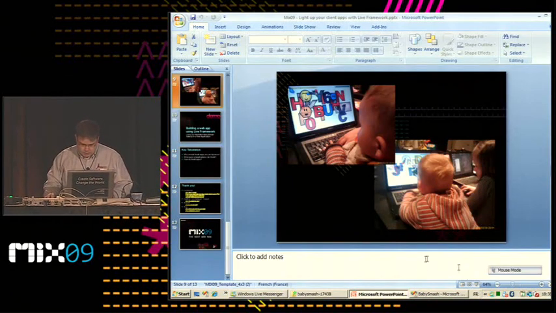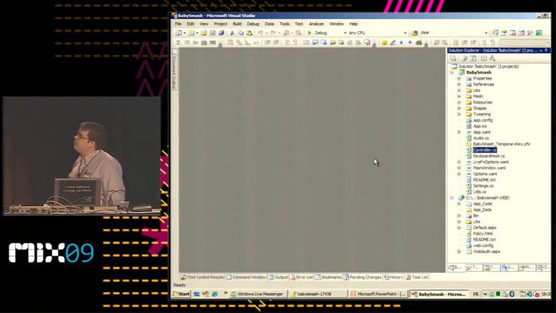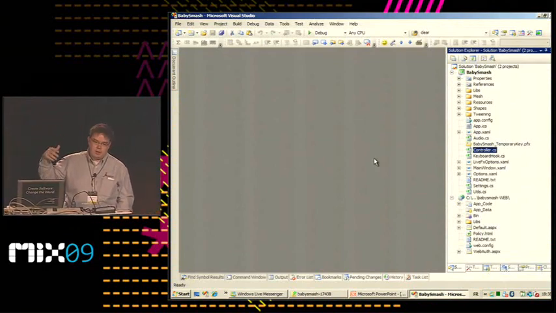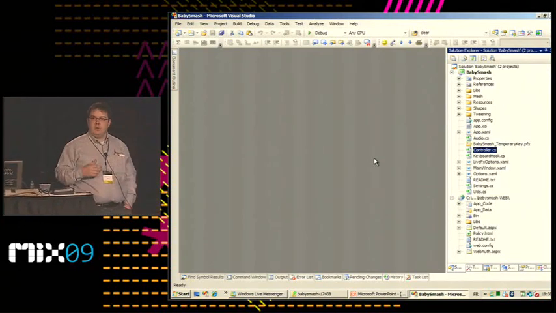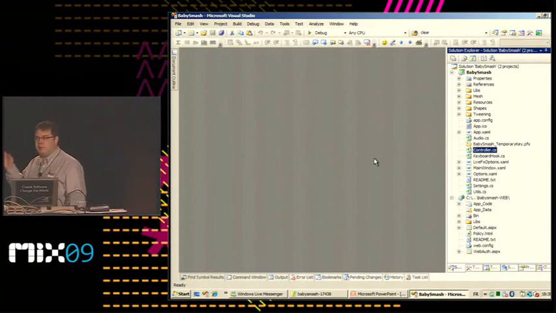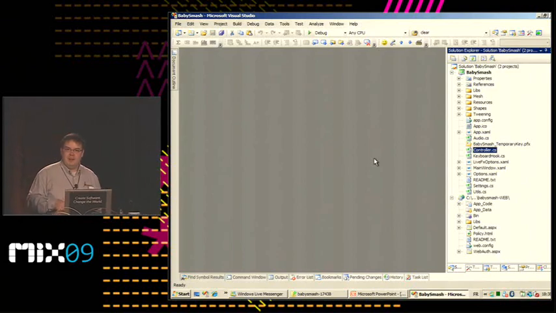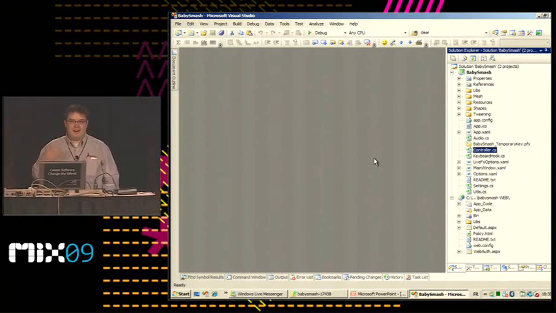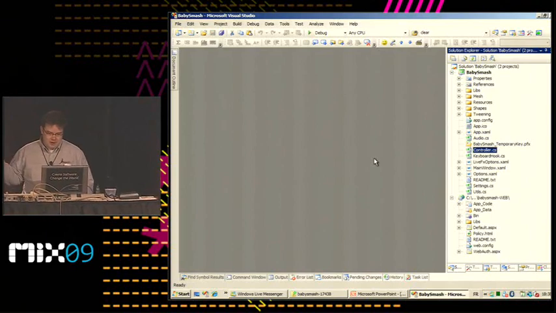For that, I'm going to my Visual Studio 2008. And as you can see, I just took the Baby Smash application that you can download. It's free on the web, and you can use it if you have children. It's very interesting. My wife thinks that it's not very good for my children, but as a geek, I like to push this kind of application to my children.